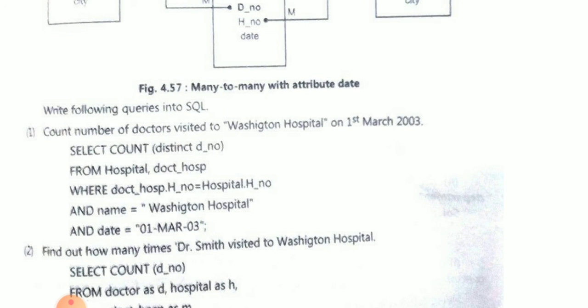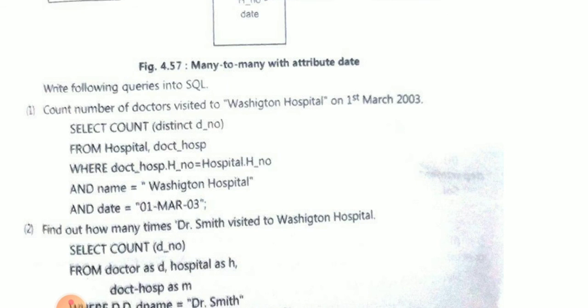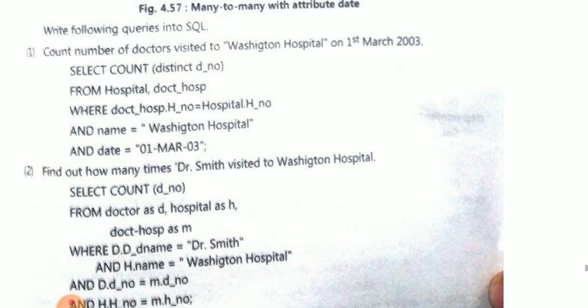Count the number of doctors who visited Washington Hospital on 1st March 2003. Then: select count distinct D number from doctor hospital where doctor hospital H number is equal to hospital H number and name is equal to Washington Hospital and date is equal to 1 March.